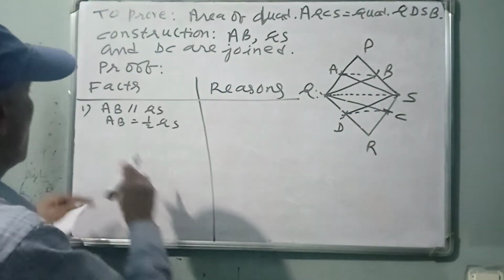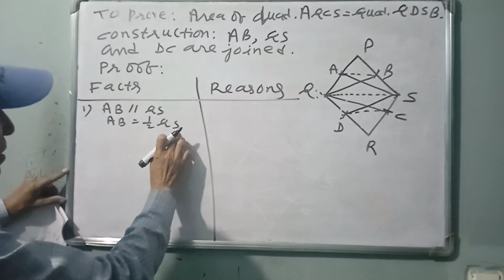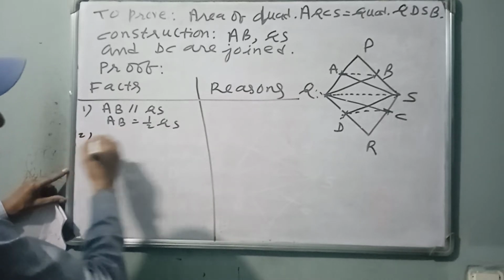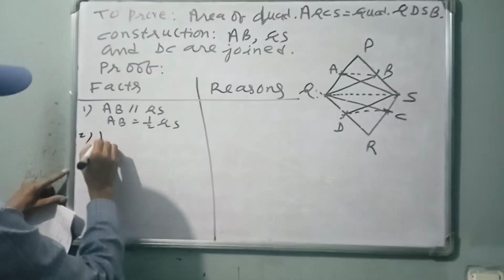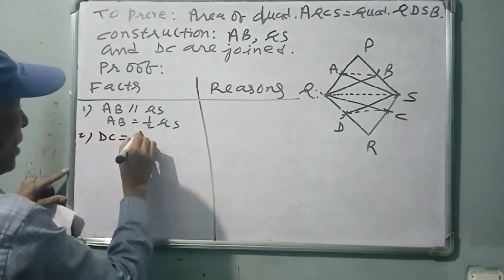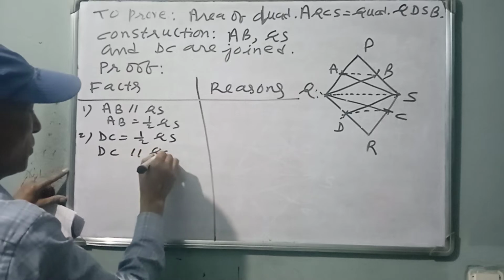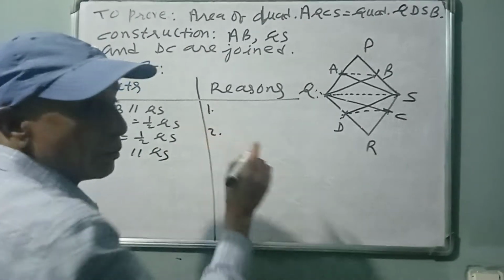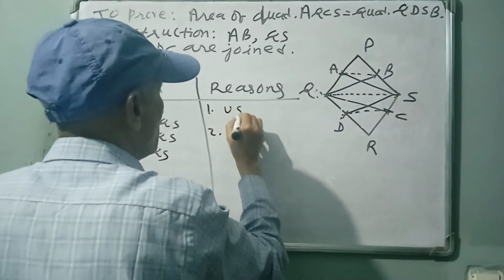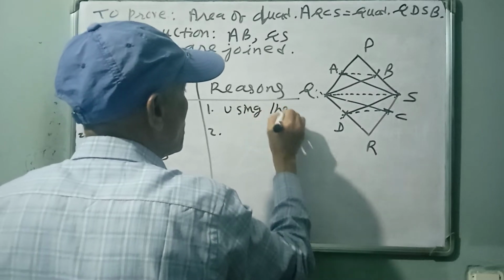AB and DC are equal. AB is half of QS and parallel to QS. In the same way, DC is equal to half of QS and DC is parallel to QS. Directly using the midpoint theorem, you can write using the